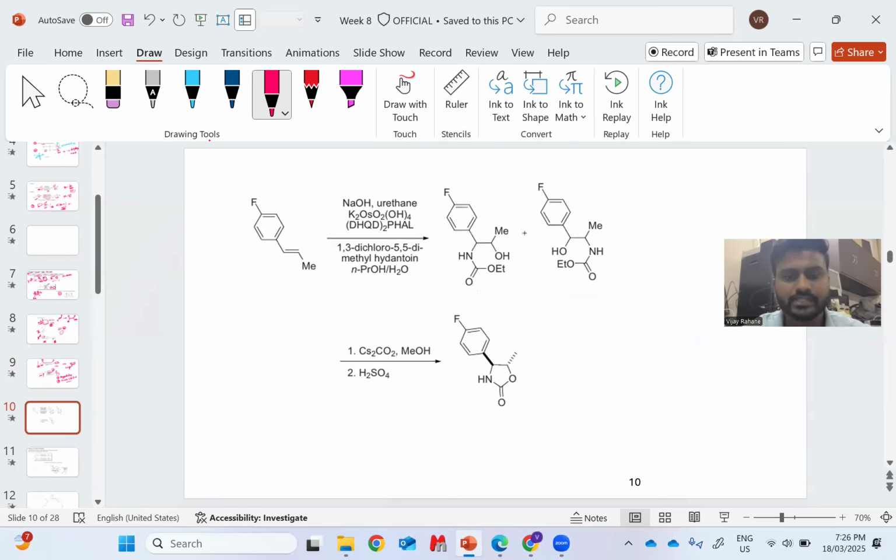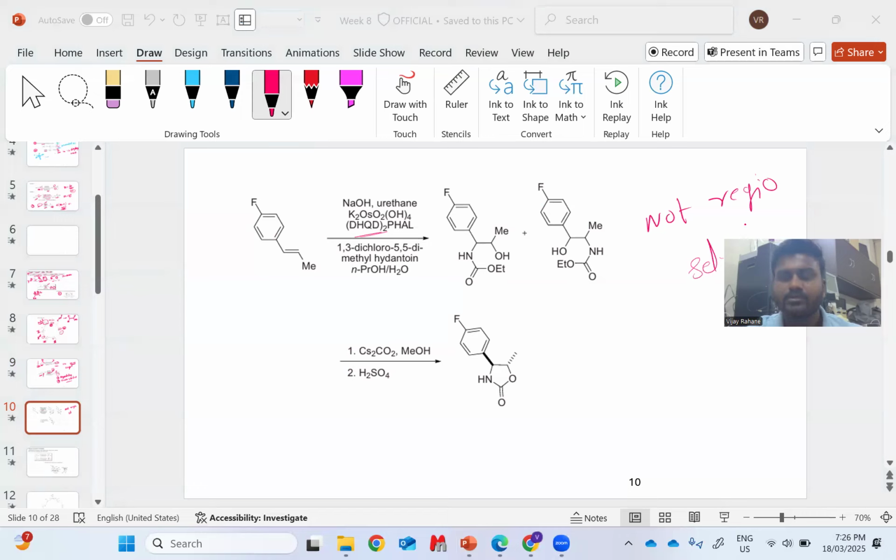So this is the simple starting material, which is again treated with NaOH and urethane in the osmium catalyst, osmium-based catalyst. Further, the ligand used in this case is the (DHQ)2PHAL, and it gives a mixture of the products. So this is not regioselective, right? Although it is not regioselective, but